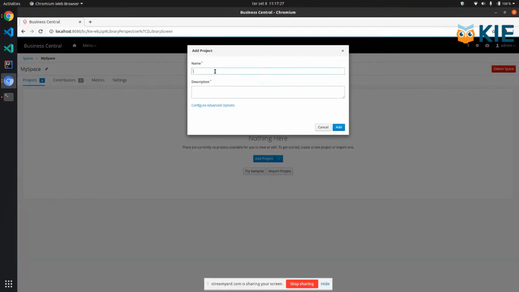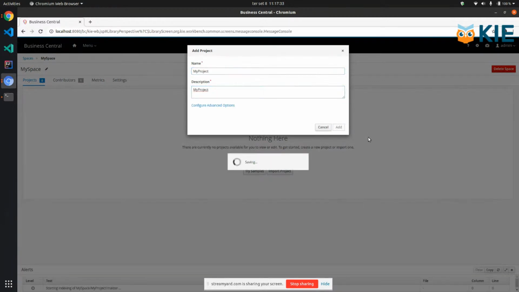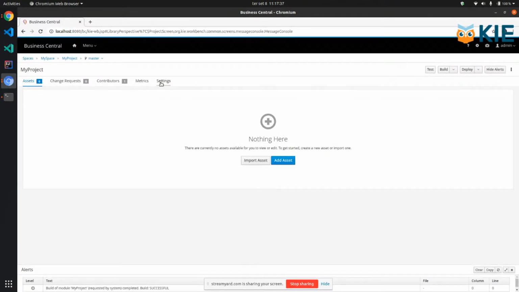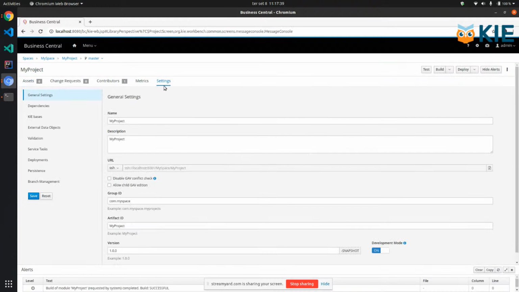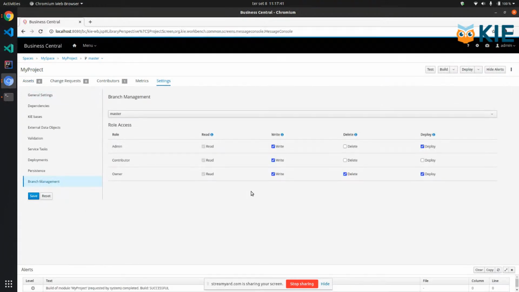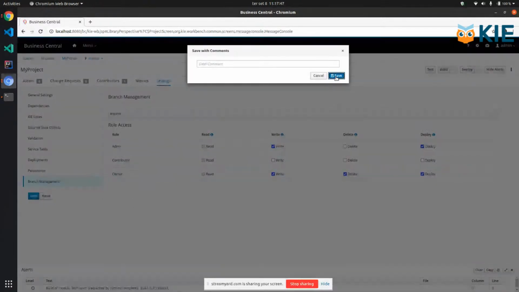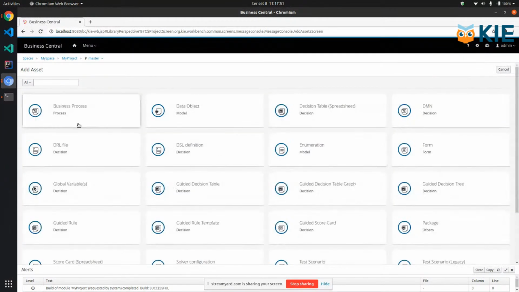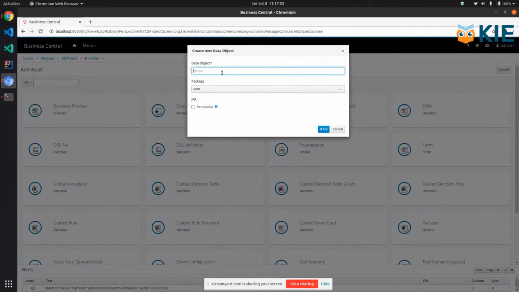Let's create a project first. Let's call my project. I'm pretty good at names. Okay, so here I'd like to go under settings and branch management and disable the write permissions for contributors first. Okay, and let's create some assets here. Let's create a person,